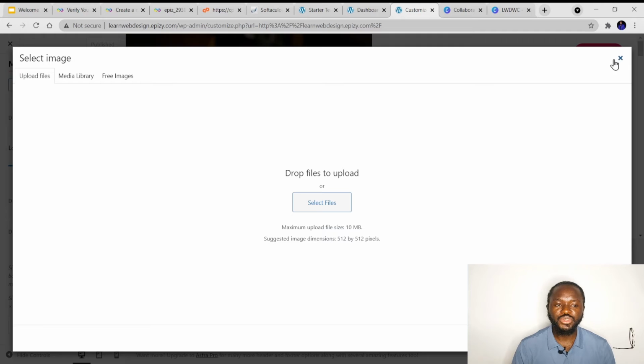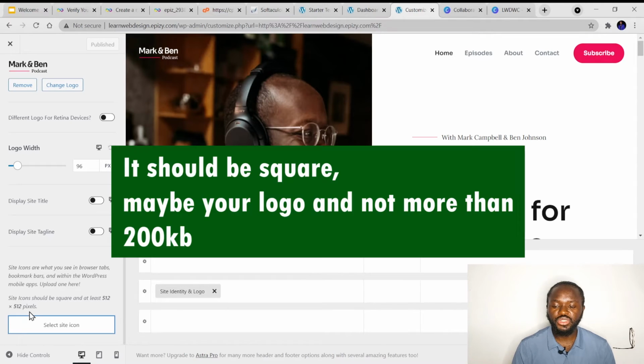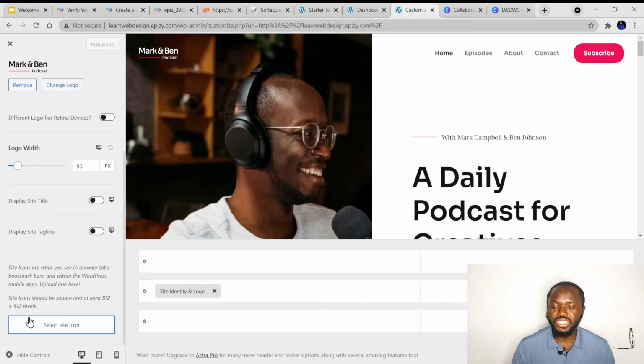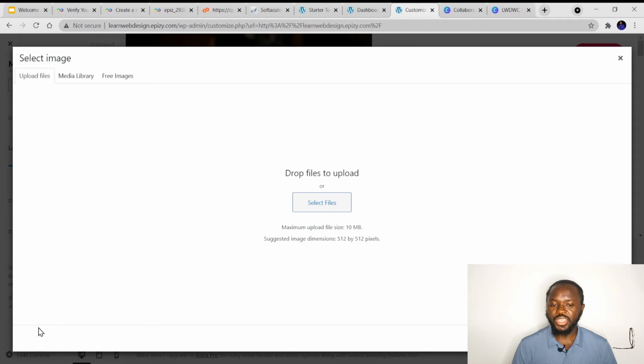You don't have to be totally sure about the dimensions, because the image you're bringing in will be cropped by WordPress. There will be an option for you to crop the image, but make sure the image is not too large. Any image within the range of 100 to 500 kilobytes will be all right for this. So I just want you to click on select site icon,